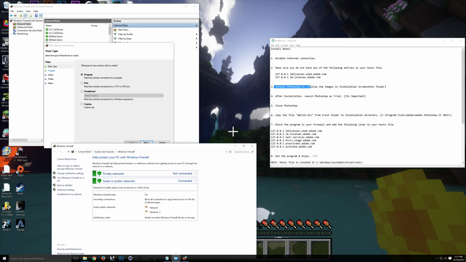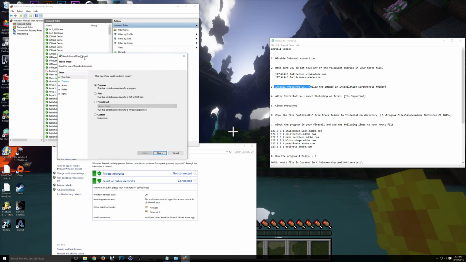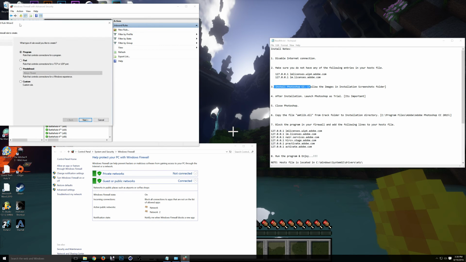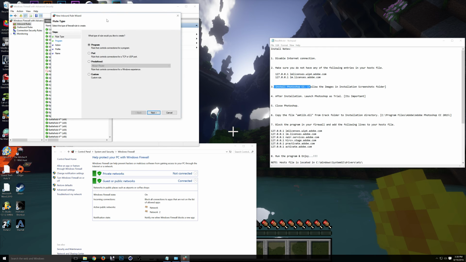Block the program's files. Once you do that, you see as I have it right here, Adobe Premiere blocked and other stuff, all the Adobes. You just have to block them from connecting to the internet, because they're going to see that it's not the official app, so they're going to lock it on you or just give you the trial version. But now that you have the trial version, you can actually keep it forever. Once you do that, you click on Programs, next, and then you search for the program,